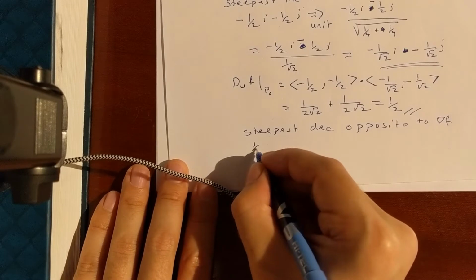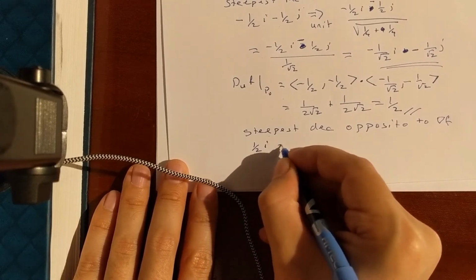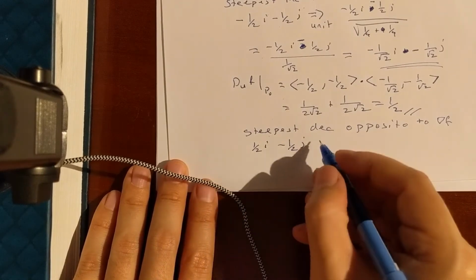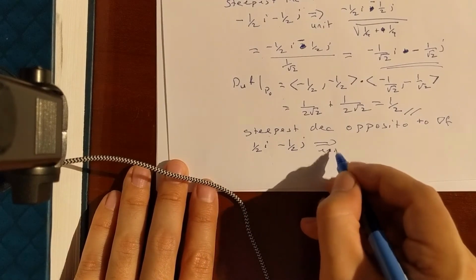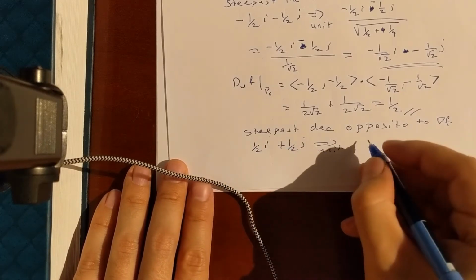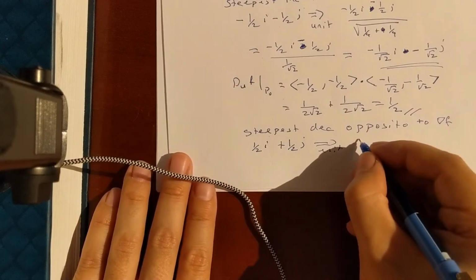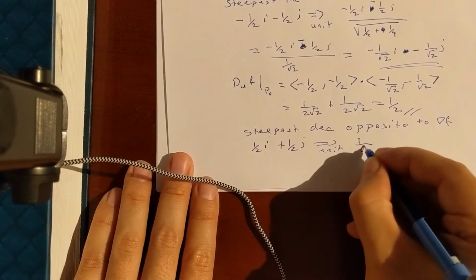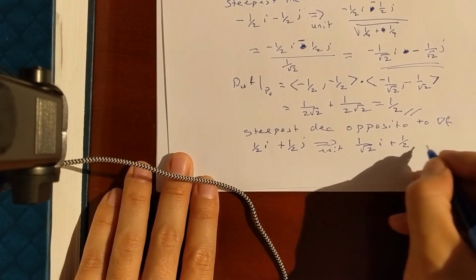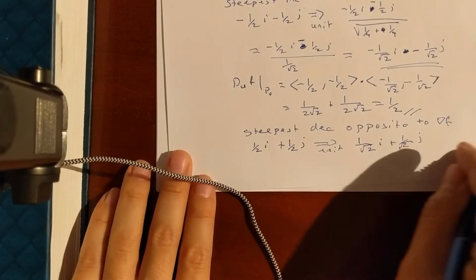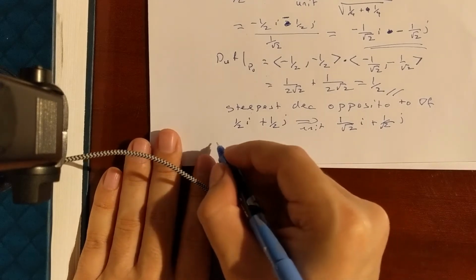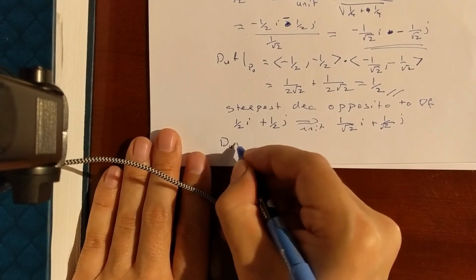Then we want 1/2 i minus 1/2 j. But again, this is not a unit vector, so change it into a unit vector, and you'll see. Well, plus. This is plus. Sorry. We get the exact same thing with the signs reversed, of course. We get 1 over square root 2 i plus 1 over square root 2 j. Okay? Then the derivative in that direction, the smallest value of the derivative,